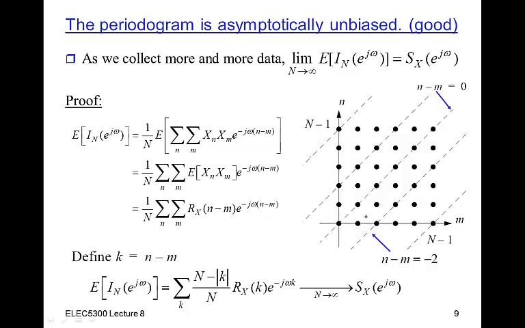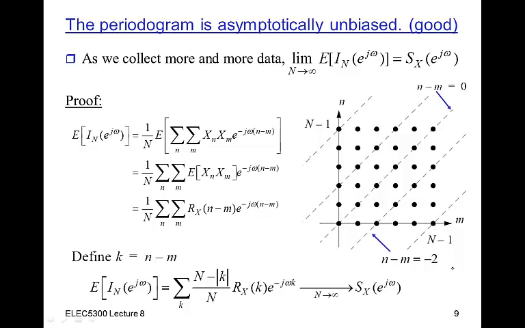And so, since it's constant along here, we can do the summation easily along this direction just by counting the number of points along this direction. Right? So we can rewrite the double summation by first summing along this direction and then summing along this direction over here. So when we sum along this direction, all we have to do is count the number